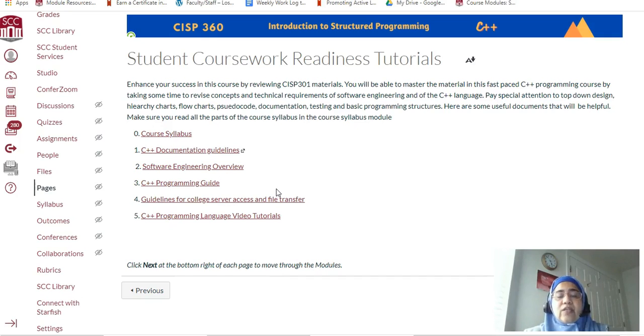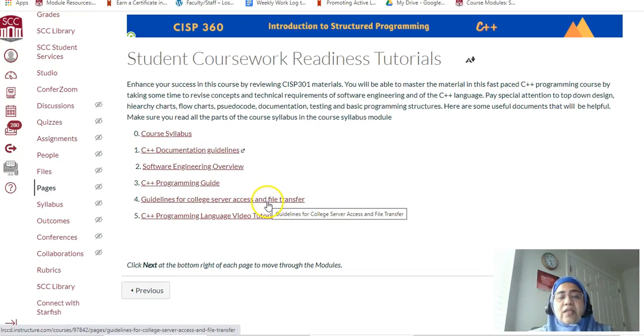The tools that you have learned in 301 are how to create hierarchy charts or structure charts, flow charts, pseudocode, and of course some basic C++ programming. So we will use the first few days of this class during the orientation to review the 301 material, and all of that is put together here for you.